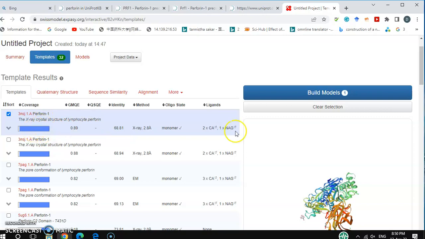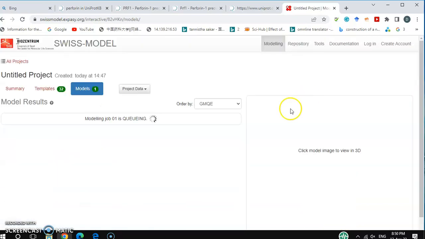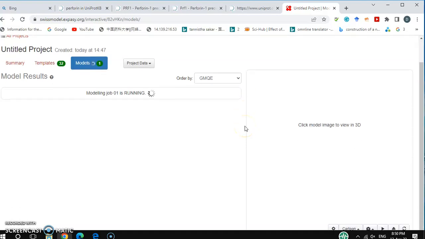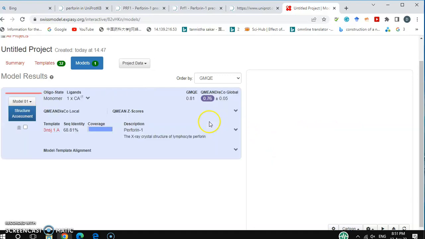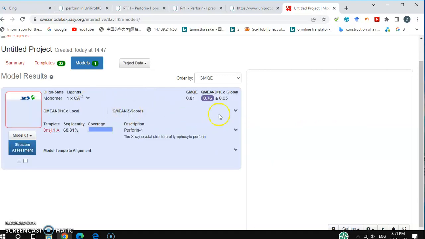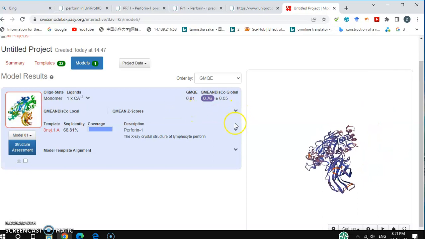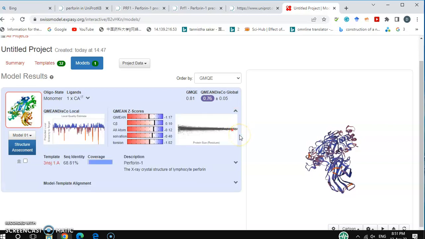So click first build model, and after hitting build model, you will also get some other parameters. You have to check them out. And you see here there are a lot of information, and you have to extend this one, and there are three different, but first this one, and then you see here the GMQE score, that is 0.81, that is fine, no problem, and coverage is okay,